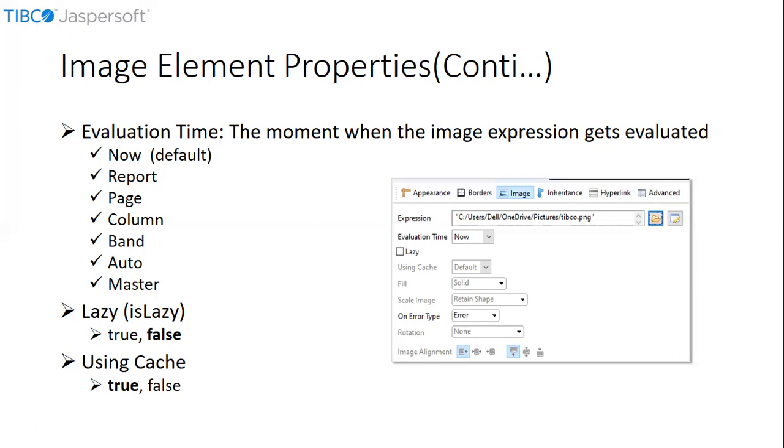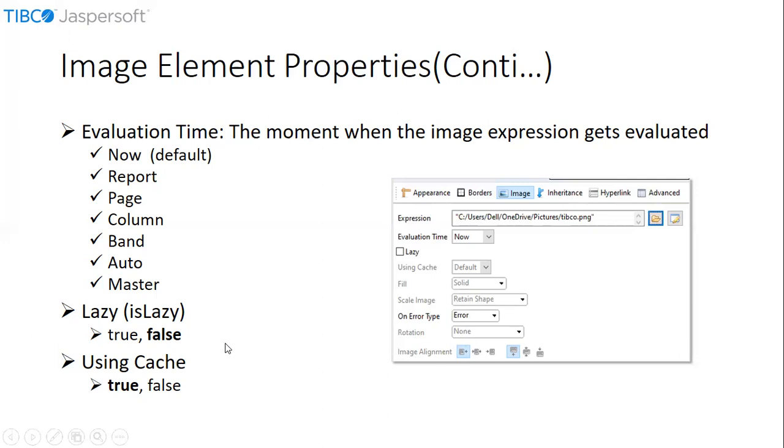Cache option specifies the memory of the report engine. That means it could be the memory of the studio or it could be the memory of the server when we publish the reports. So the cache flag indicates whether an image should be loaded each time or should be loaded from the cache. We can increase the performance of the report using this property. So when the flag is set to true, the report engine will try to recognize previously loaded images. And if the flag is set to false, then the image is loaded each time when we run the report.